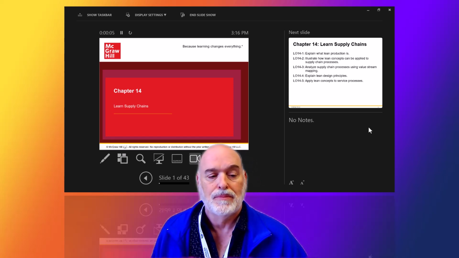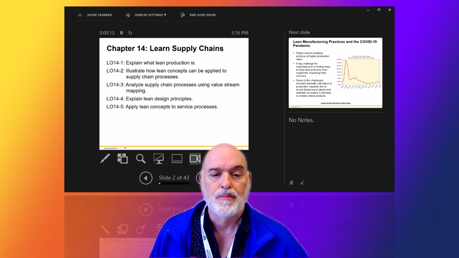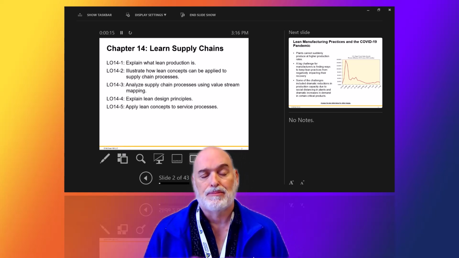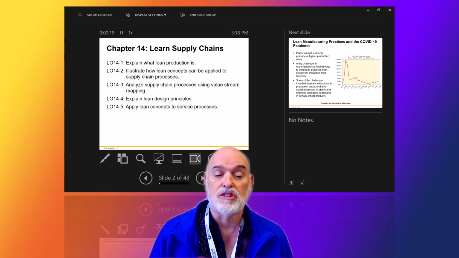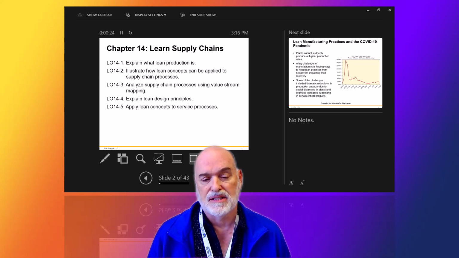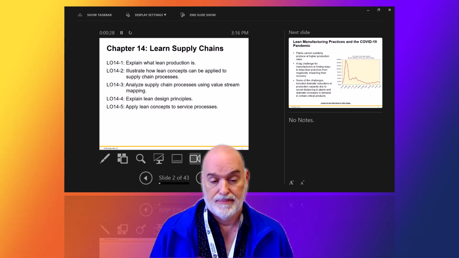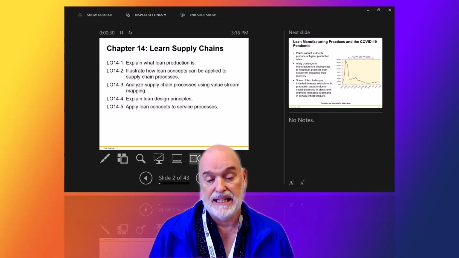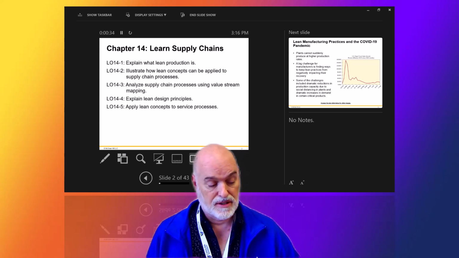Hello. Today's chapter 14. It's lean supply chains, not learn supply chains. In this chapter, I'm going to explain what lean production is. I'm also going to illustrate how lean concepts can be applied to the supply chain processes, analyzing supply chain process value stream mapping, learn the lean design principles, and apply lean concepts to service